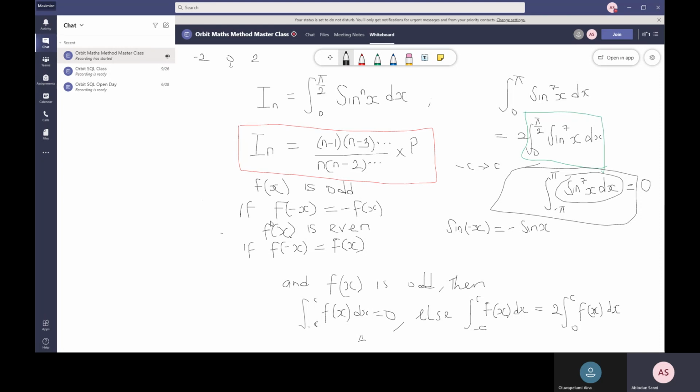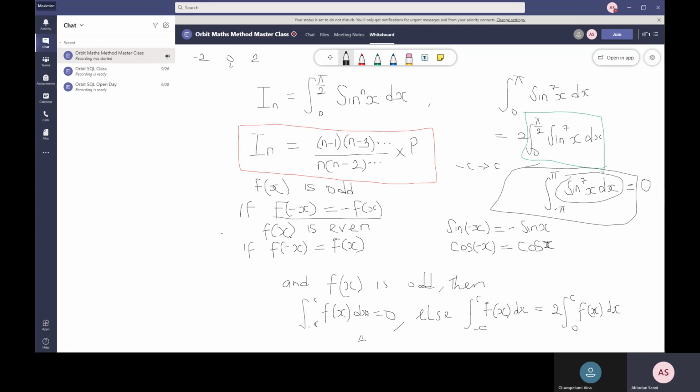Which corresponds to this condition that is here. But cos is an even function because cos of minus x is actually going to give you cos x. It's going to swallow the minus. So you can prove that with your calculator with any value of x.